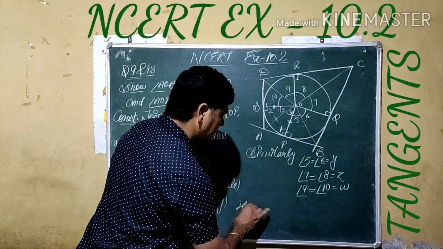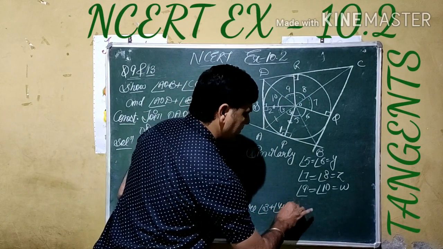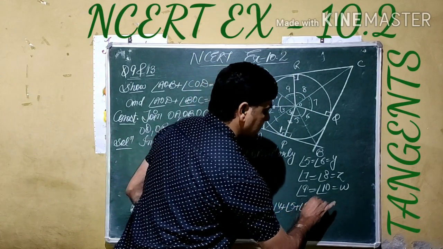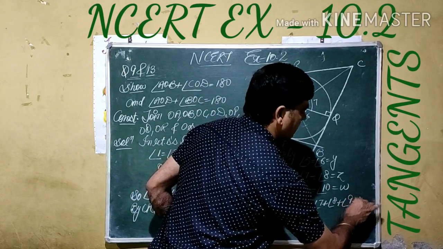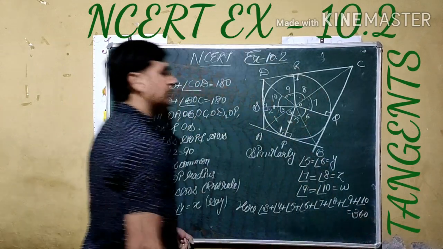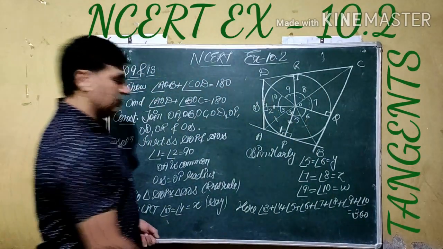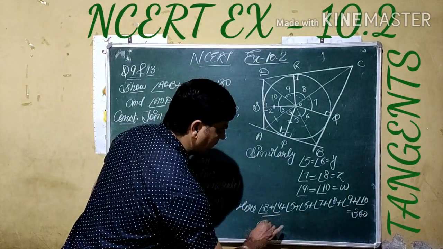If we see here, it completes a circle with all of the 8 angles. Here we can see angle 3 plus 4, 5 plus 6, 7 plus 8, 9 plus 10. It gives us a circle, means a complete angle of 360 degrees. If we replace the values, 3 and 4 both are X, so I am doing it directly, it becomes double of X.